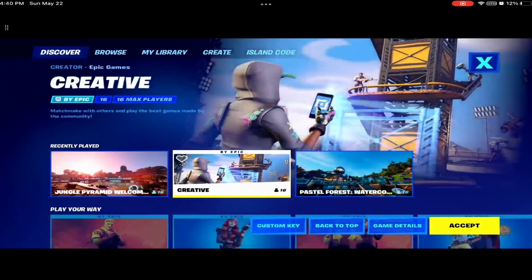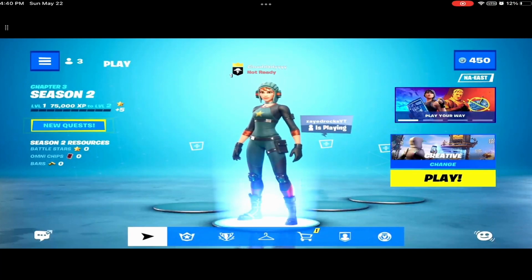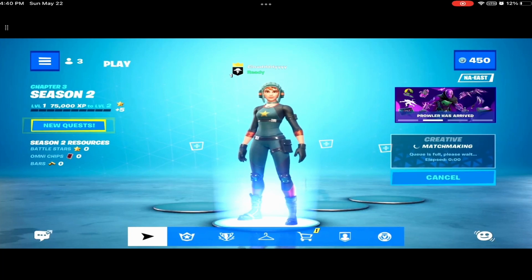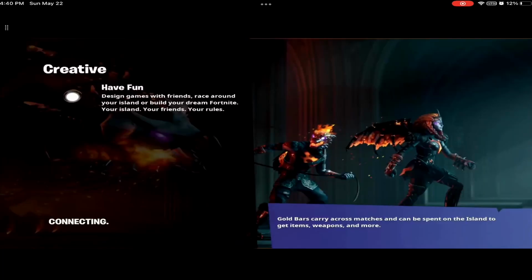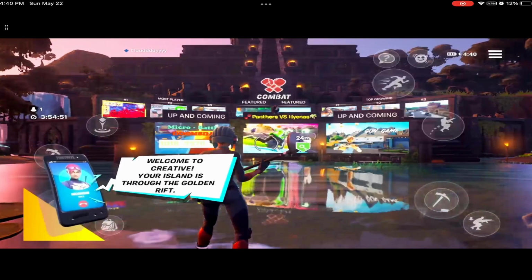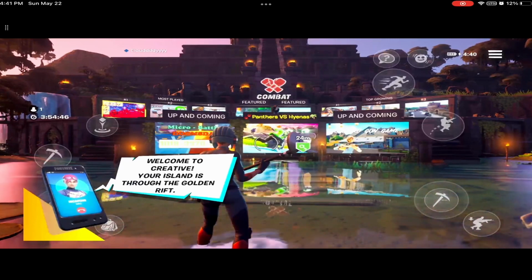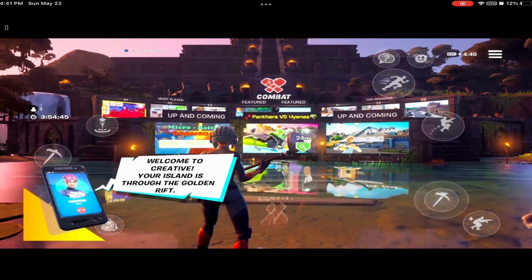So let's get into some creative. I did say I was gonna give you guys some playing of GeForce Now. As you can see, it is console graphics. You can see, bro, you're not getting these graphics on iOS. Let me tell you that. You are not getting these graphics on iOS. That's just facts. There's no way that those type of graphics come on iOS. Either way, let's see. First hands-on experience. Of course, my HUD is messed up. Okay, but